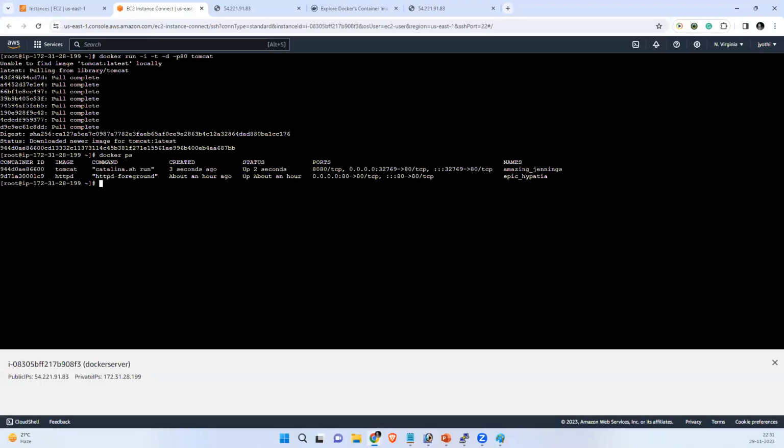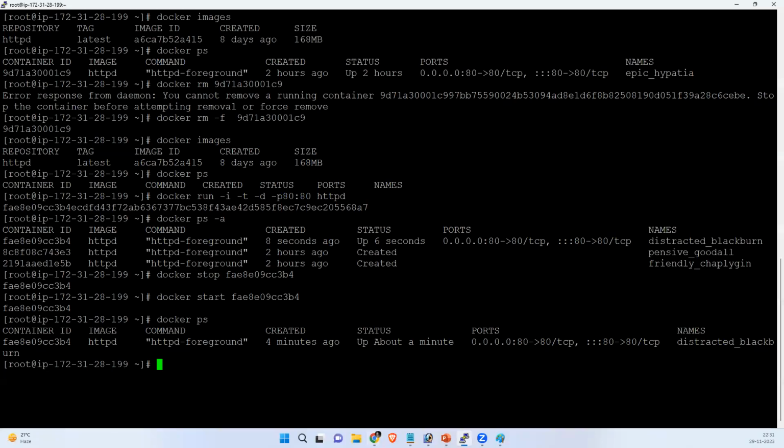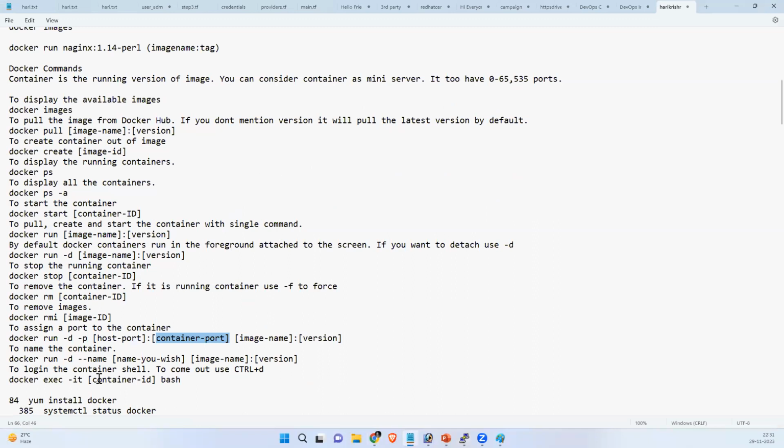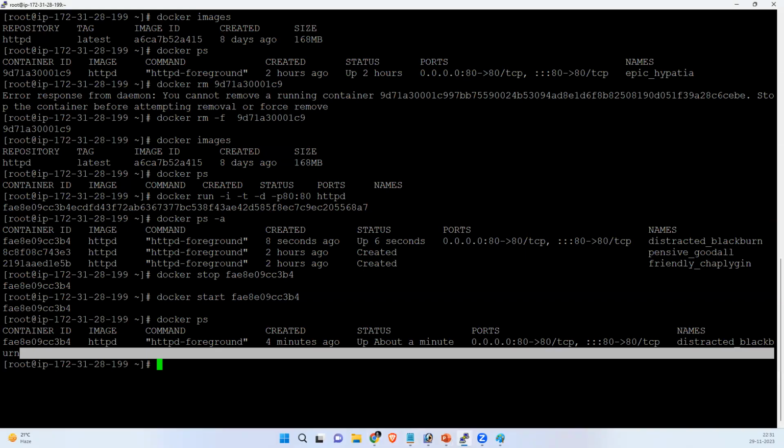I want to change the code in the browser. How can you change the code? You need to log into that container. The container is running, so how can you connect to it? To log into the container shell, use docker exec -it container ID /bin/bash. What is the command, guys? Docker